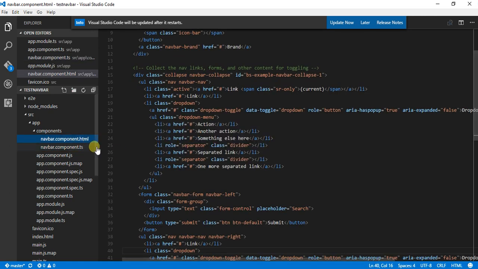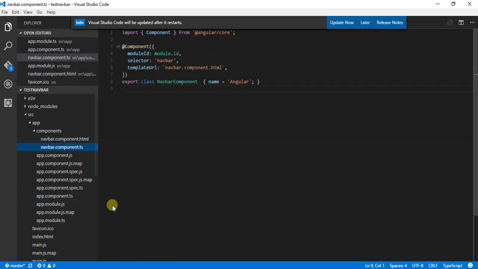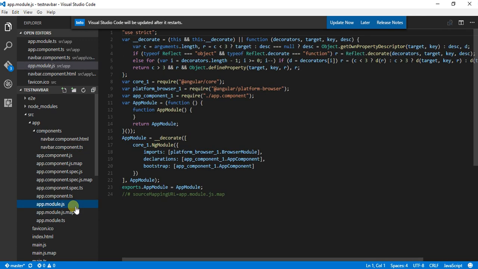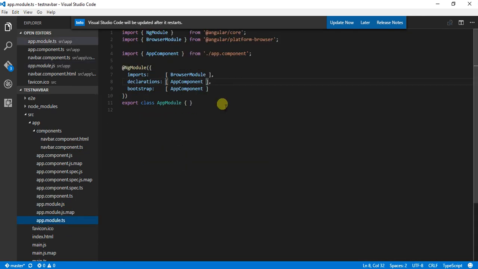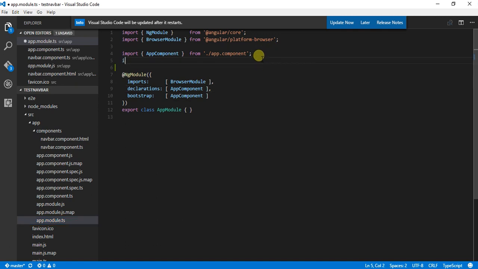So after making these two changes in our HTML and TS file, what we need to do is go to the module.ts file and register our component. For that we can use this way, that is navbar component from, I am going to refer to the components section with navbar dot component.